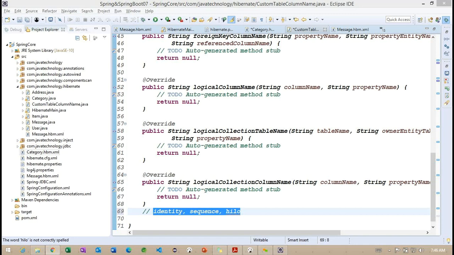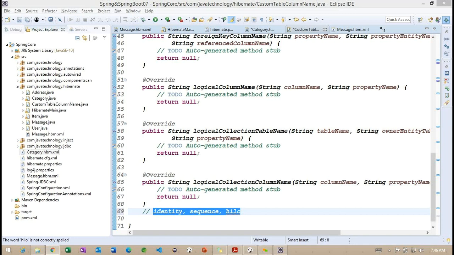Sequence is also database dependent. This is not Hibernate dependent; it is specific to each database. This sequence is not going to be used for all databases, so we need to understand whether this particular generator is supported by the database or not.